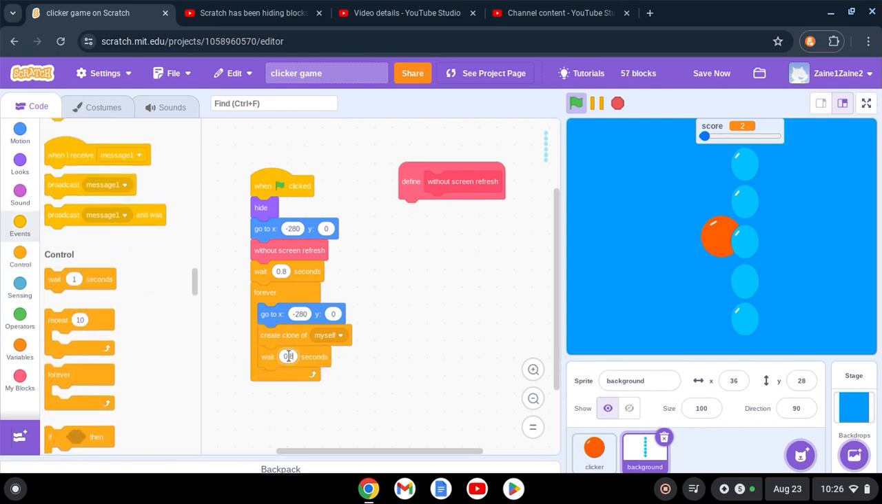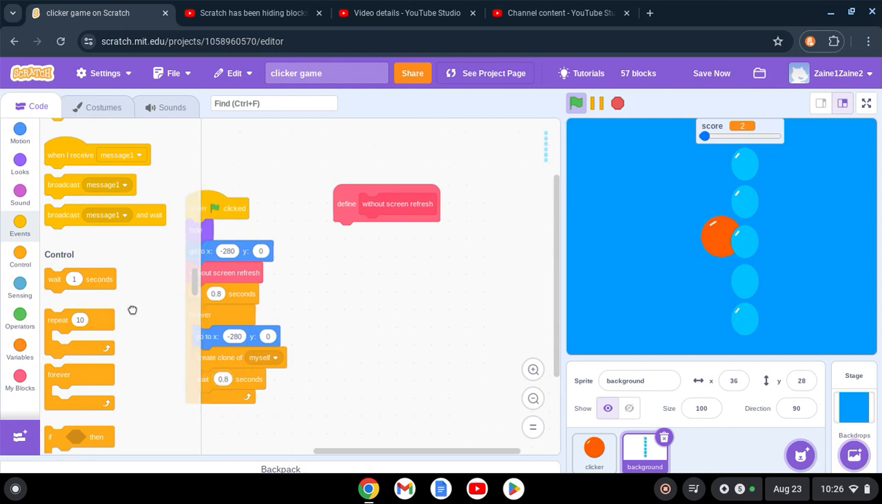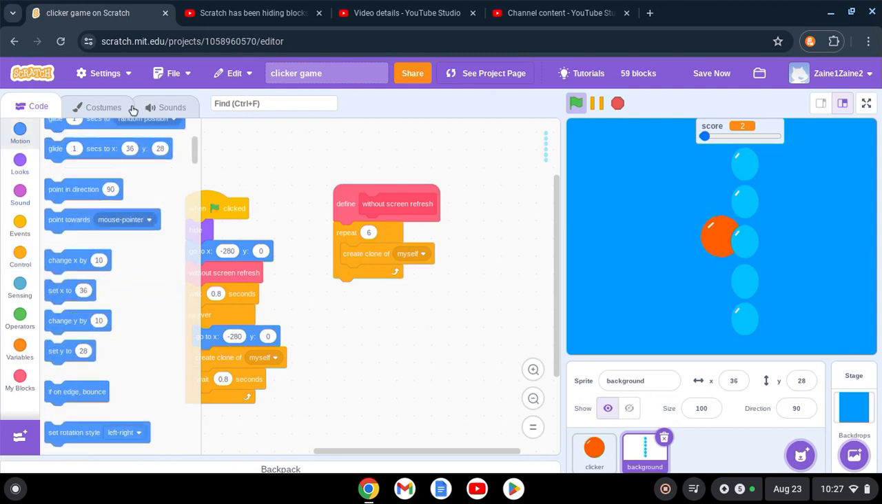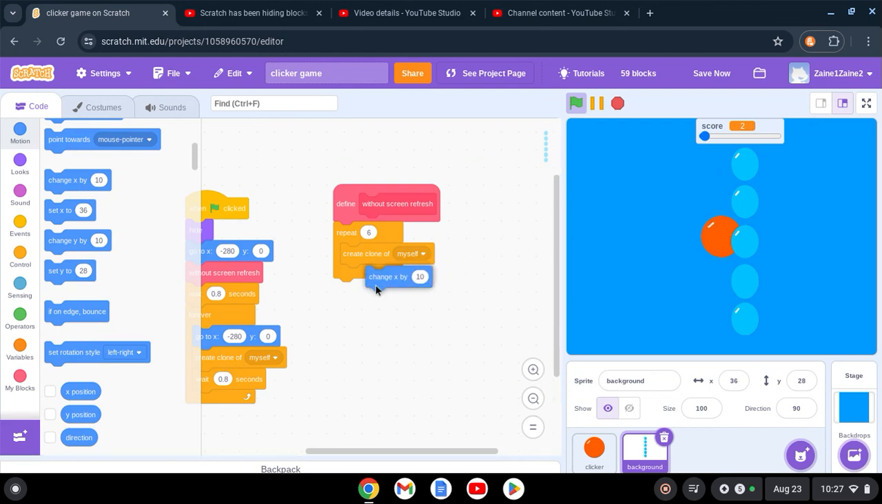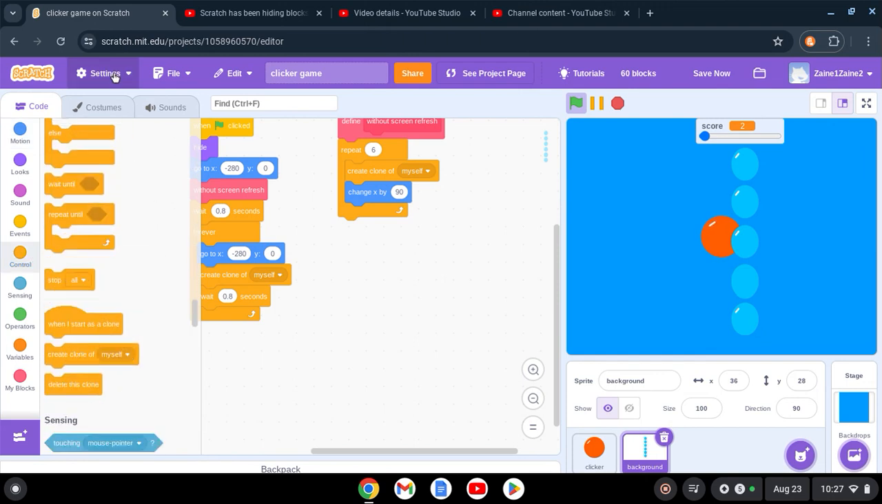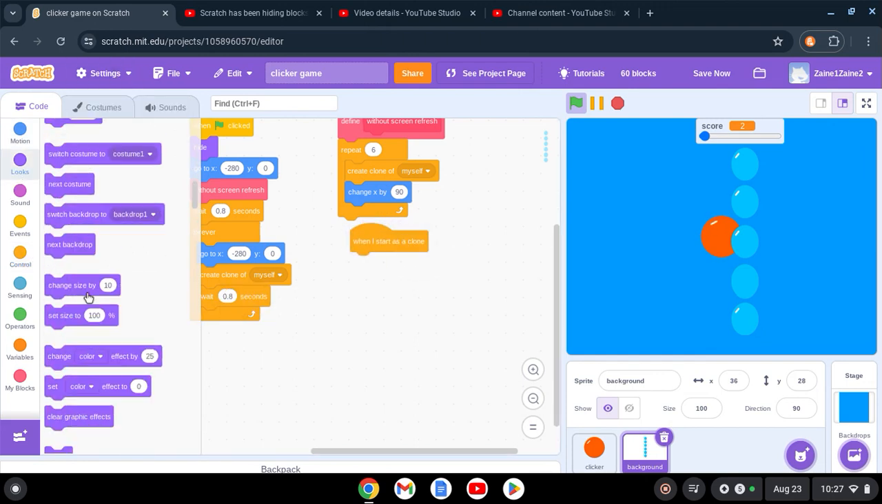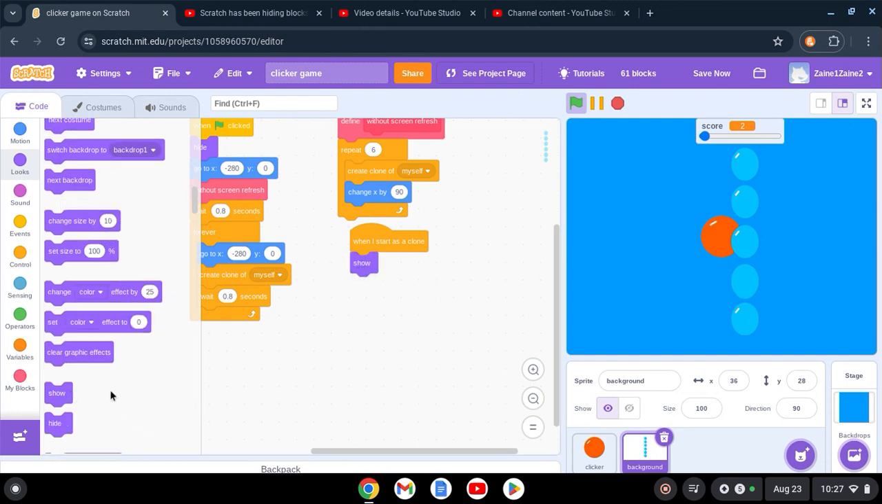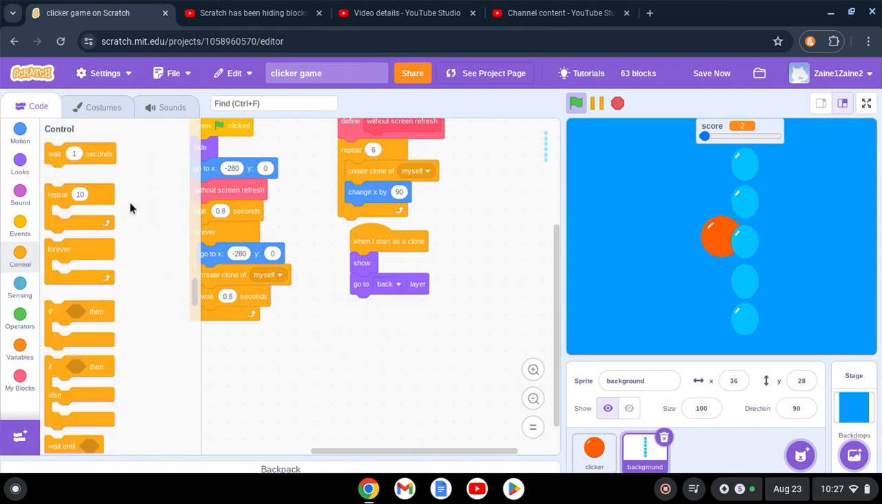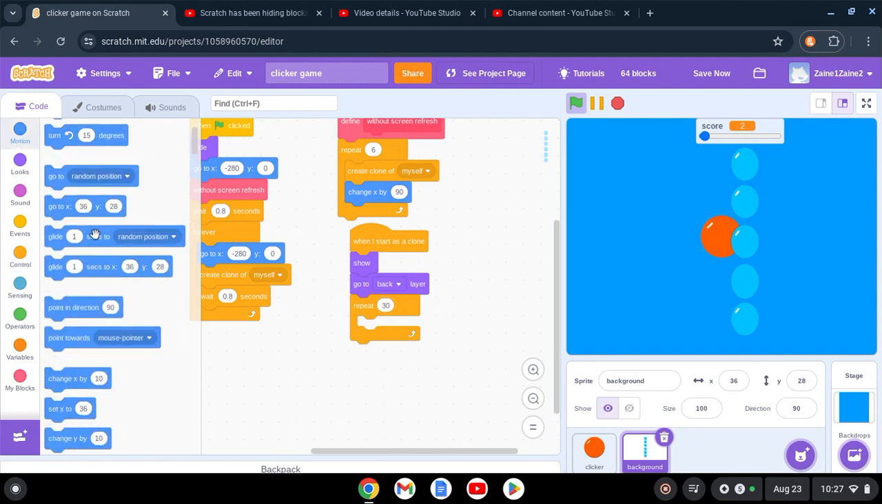Okay. So now in the without screen refresh, put a repeat 6, create clone of myself, and then you want to do change x by 90, like that. And now you want to do a when I start as a clone, you want to do a show, and then go to back layer, and then you want to do a repeat 30 times, change x by 3,